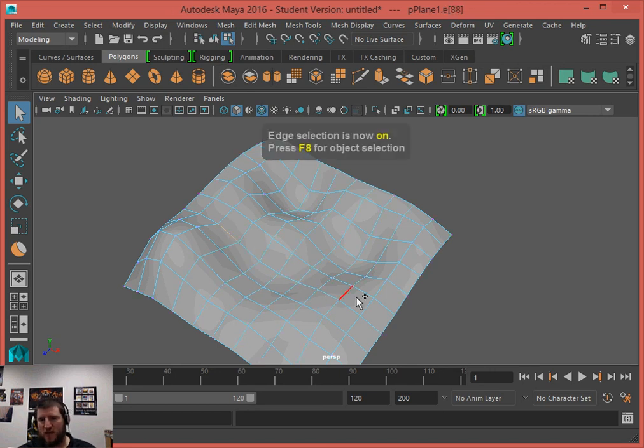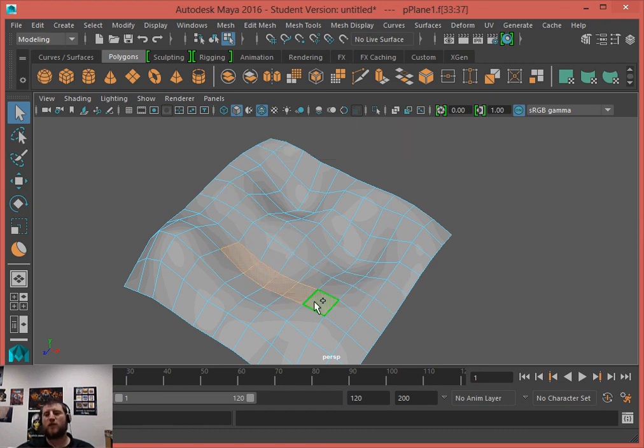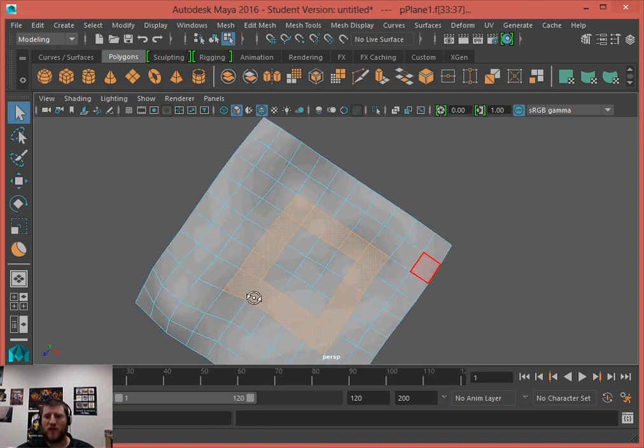It'll do the same thing for the edge loops. It'll only select the edge loops between those two. And it even does sometimes the same thing with faces. Like I said, it's a little finicky with the faces, but it does usually work. And you can just select the faces between those two.